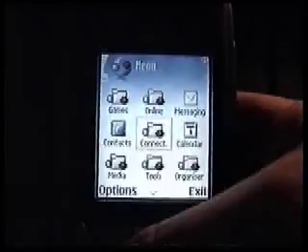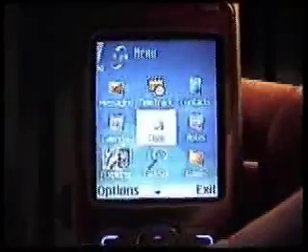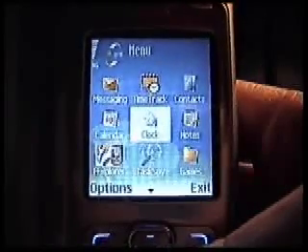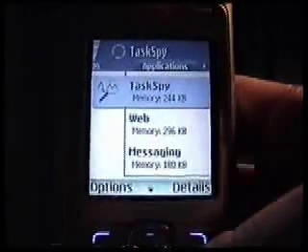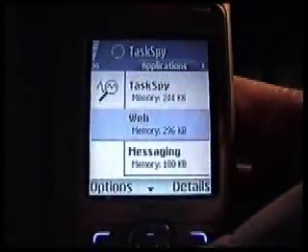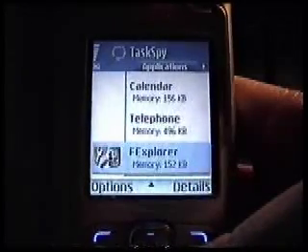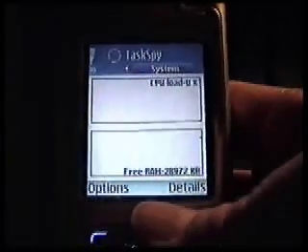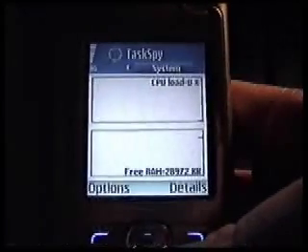Let's compare what we've just seen with the situation on the Nokia N70. This is a much more recent device, Series 60 version 2 Feature Pack 3, for those that are counting. If we go into TaskSpy and we have a look at what's running, I've got a similar set of programs currently in memory: web browser, messaging, a third-party time program, calendar, file manager, and so on. However, this time there is 28, almost 29 megabytes of RAM free, because the amount that it started with